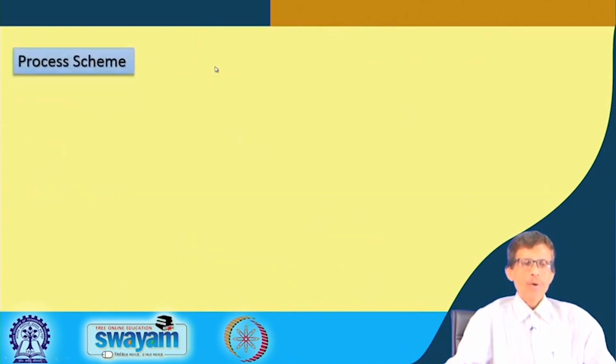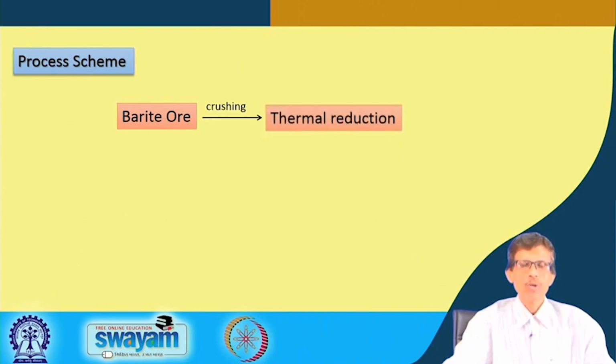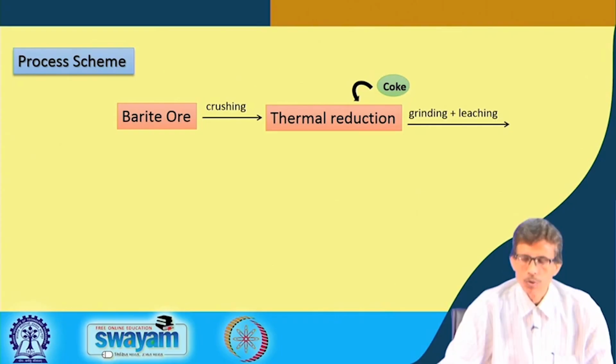Then the process we can think of. So, you start from the ore, you have the barite ore. You take that particular ore and you crush it. So, whatever I told just now is your block diagram presentation. The block diagram will move you from your ore to your thermal reduction step by the addition of coke. You add coke, you go for the thermal reduction, and by that time you go for the